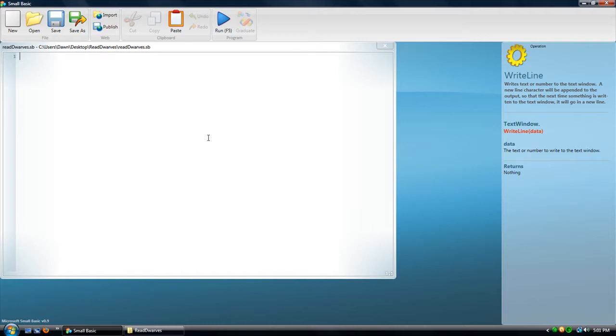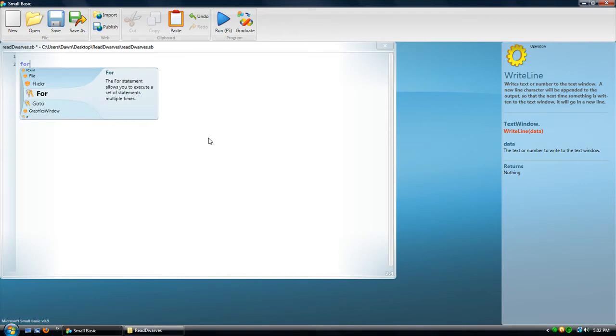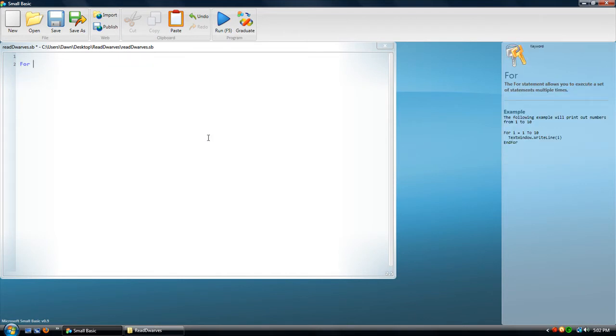We have a blank program. We don't have an array in sight at the moment. What we're going to do is read those dwarves in and put them into an array that we're creating in the program. Okay, so you may be tempted to dive in and start coding a for loop, for x equals 1, 2. How many times is this loop going to go? Well, you may say it should go 7 times. There are 7 dwarves. Yeah, we could hard code a 7, but in reality,